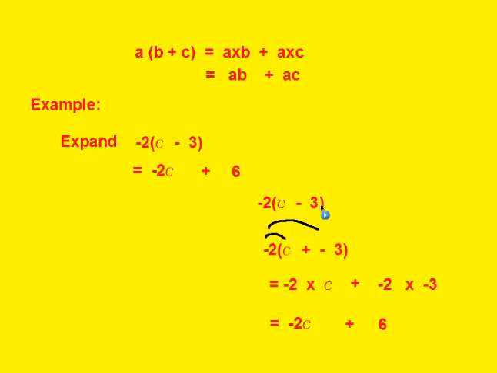To subtract 3 is the same as adding negative 3. Negative 2 times c is here. Negative 2 times negative 3 is here. Negative 2 times c is negative 2c. Negative 2 times negative 3, a negative times a negative is a positive. So this becomes negative 2c plus 6. Same answer as this. I repeat, this is strictly mathematically correct, but we don't think that. We're allowed to be a little bit loose in this work. We just say negative